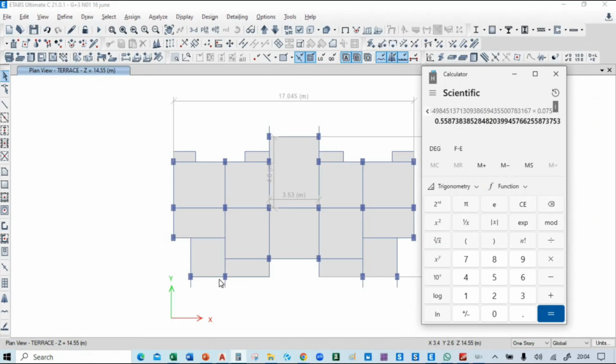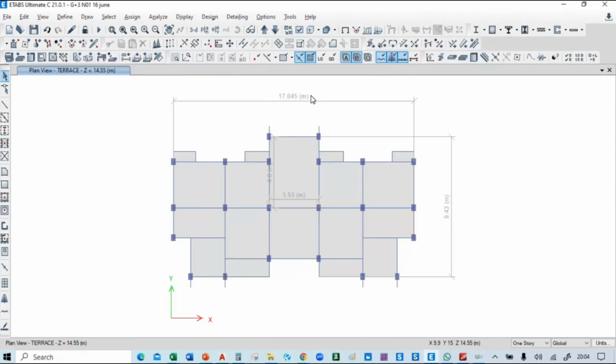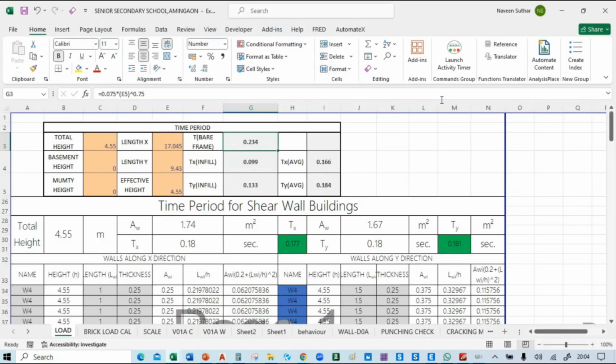Yeah, I think it's 0.075, 0.75, 0.558. Okay, it's 14.55. So you have to check in the Excel,